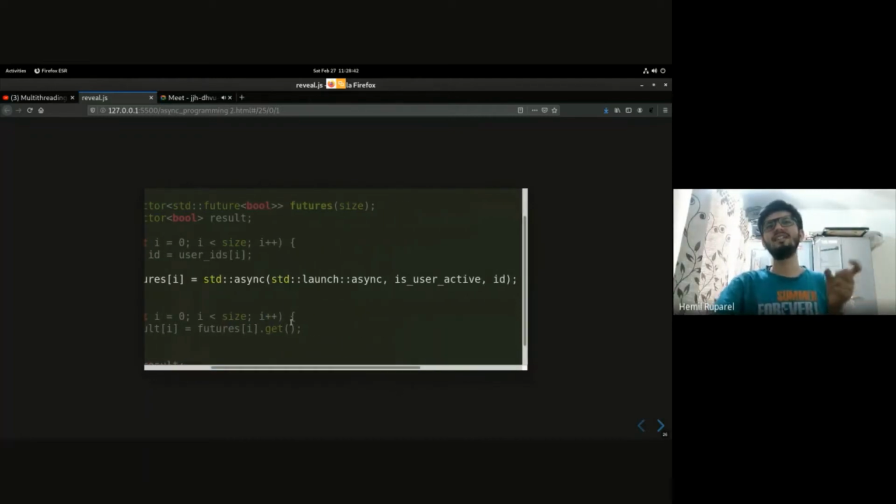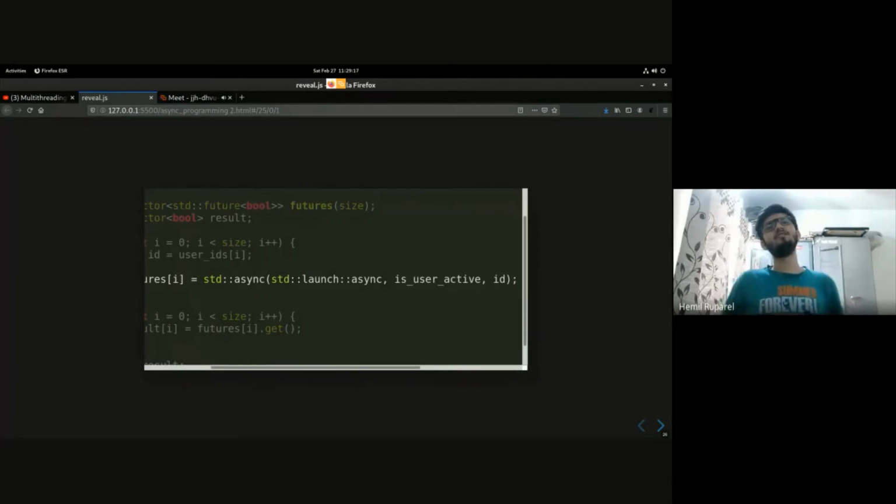In this case, std::async has two main overloads. One takes in a function and the arguments, and it forwards those arguments. But the problem with that overload of the std::async function is that it's not guaranteed that the function will be called in a separate thread. So the standard has something called a launch policy, and the launch policy is how std::async decides whether to create a separate thread or not. The default launch policy is either async or deferred. Deferred means it executes on the same thread, but when we want the value out of the future, it will block.